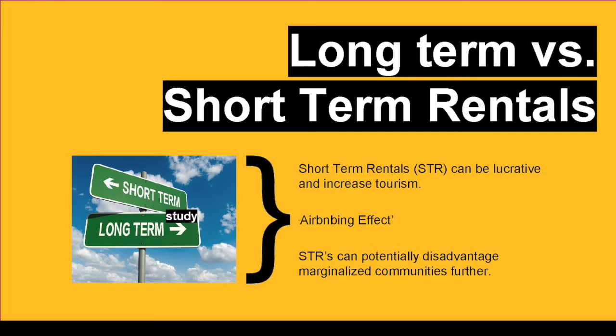The Airbnb effect essentially is when houses convert to short-term rentals at a rate faster than the housing market grows. This increase creates a higher demand for housing. This means higher housing prices as well as higher rents. This can drive a lot of residents out of areas where they have spent their whole life living. This process can disadvantage already marginalized communities, primarily low-income, elderly families, and people of color.